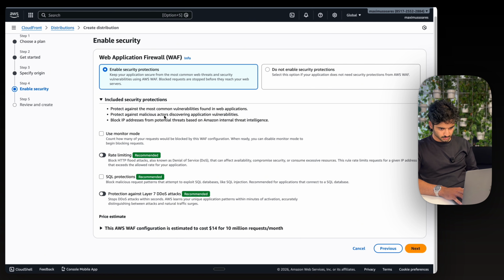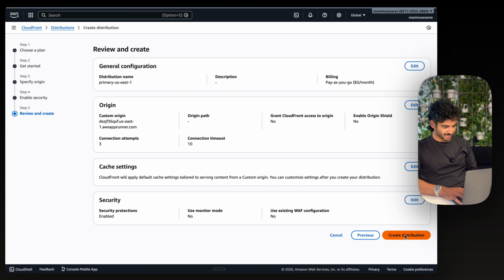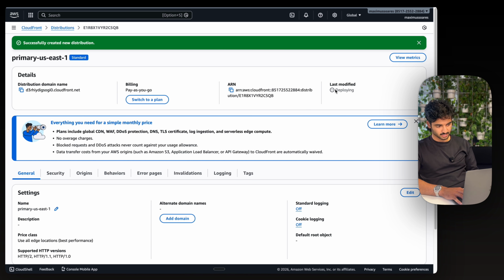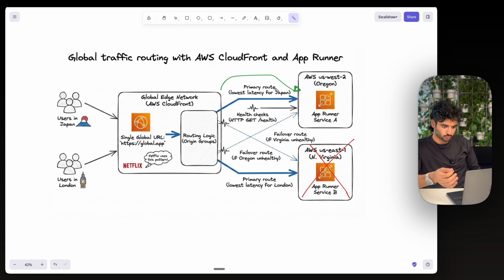For these security options, we can just leave them as they are. We are not configuring a WAF today. Let's hit next, and we will go ahead and create the distribution. Now this is going to take some time. It'll probably take 5 to 10 minutes to deploy, and we want to make sure that this status right here actually goes to enabled. In the meantime, let's go ahead and create our US West 2 App Runner service